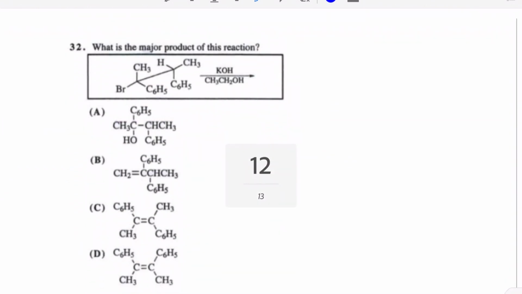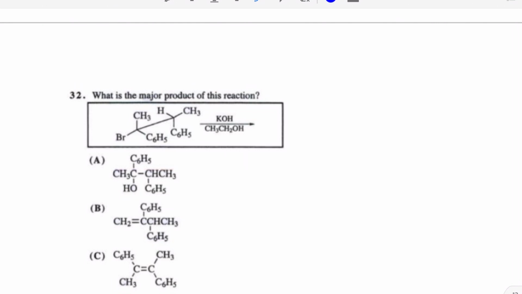So for this question, we are given this compound, and we're asked what is the major product of this reaction. So we see that it reacts with potassium hydroxide in ethanol solution, and we're trying to find out what product results from this. So right away, what you can notice is that this is actually